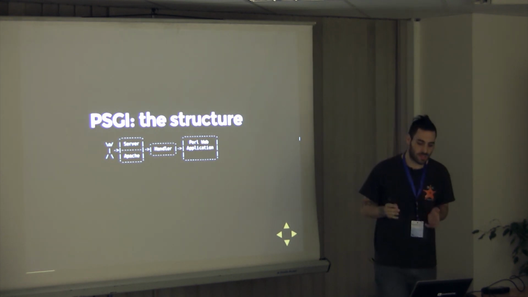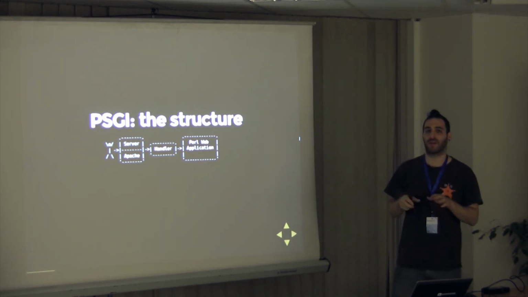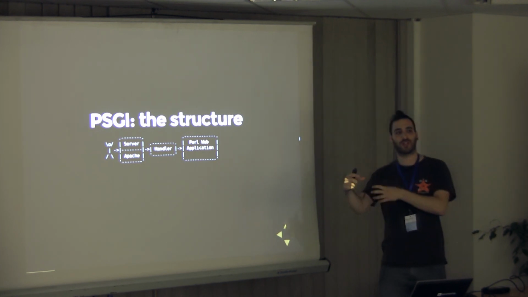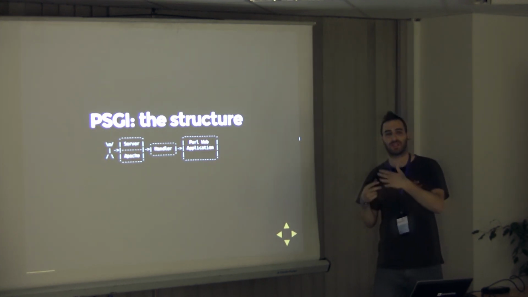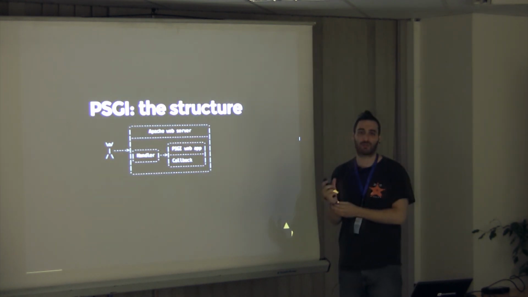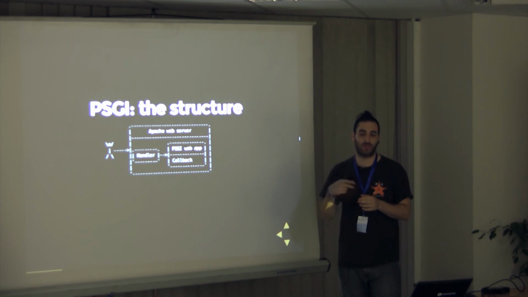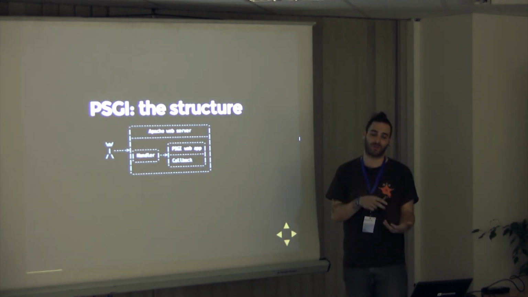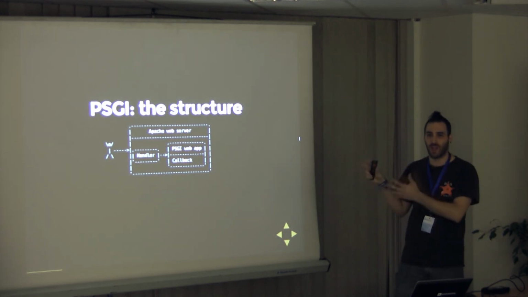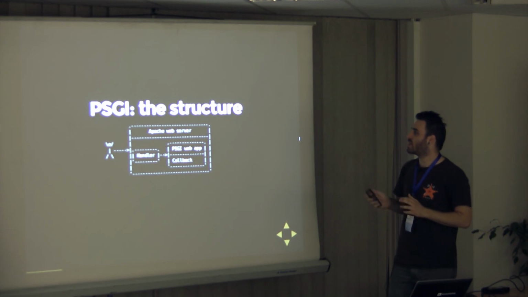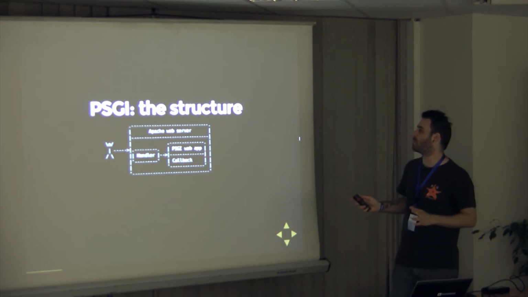Your application needs to know how to handle that. If you're using CGI, you're probably familiar with the fact that the first output that you have is in two chunks. The first chunk is actually headers. The second chunk is the output. And you need to know this when you output. If you're using this structure, you're probably using mod Perl, which gives you an interface to all those objects. And you have to know that you're locked into that Apache environment. It's a mess. PSGI can be set up in the same way.